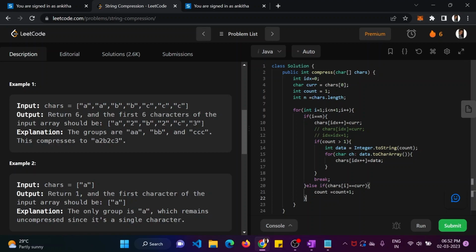If this is not the case, if both cases are not possible, that is not the end of the array, and characters of i and the current character are not equal, that means it is a condition where you transfer from one character to the other character. So in the else part, you have to perform the same operation. So imagine you have traversed to the A character. You have to return the A and the number of times it has occurred. So the same part will be executed,